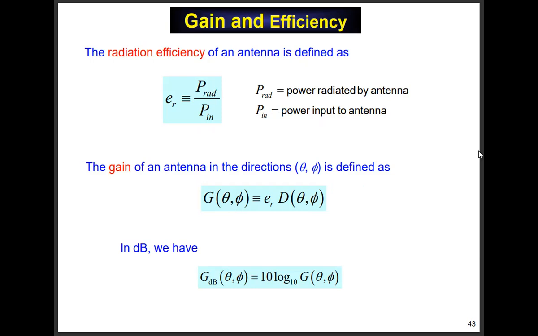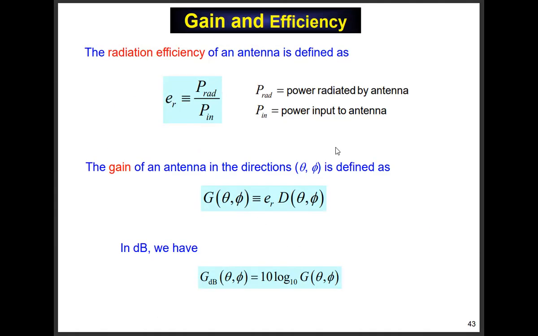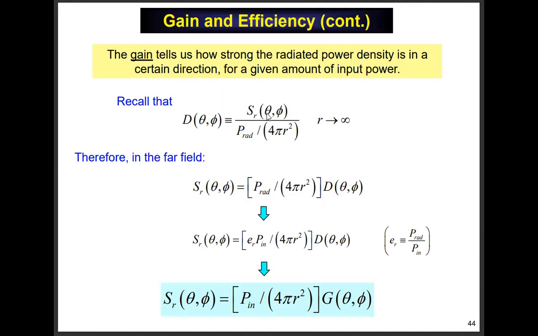Always less than 1? Gain? Efficiency? Yeah, well, you can't radiate more than you're pumping in, of course, right? So the maximum efficiency you're ever going to get is 1, of course, 100%. But in real life, it's always less than 1 or 100% because of losses. Okay, anything else? Okay, so again, it's a fairly simple calculation, but it leads to this formula here, which really